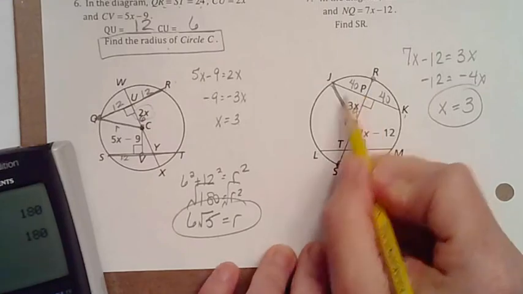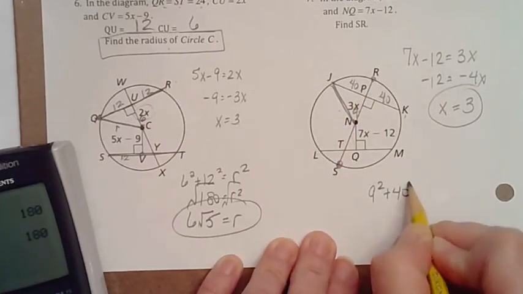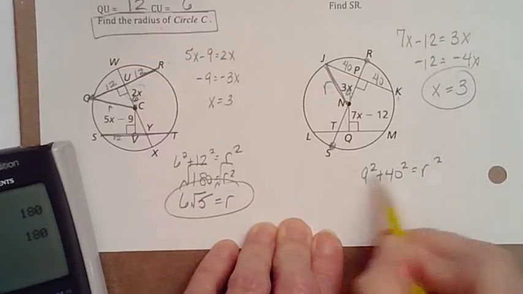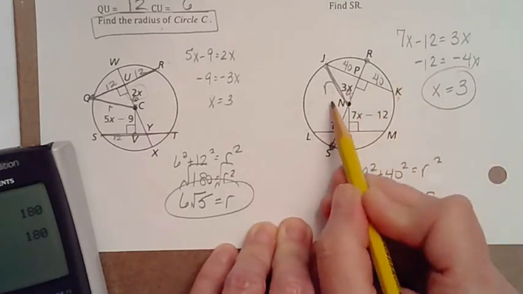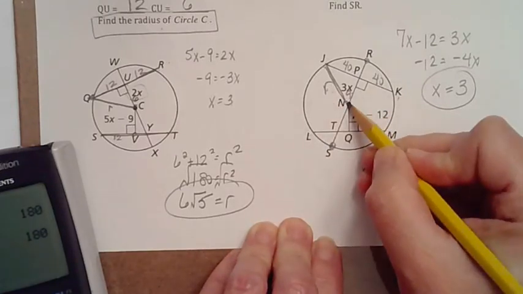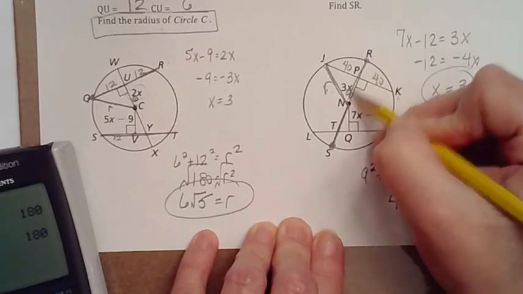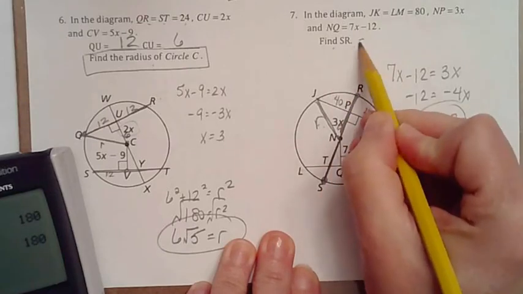And this is, it's a triple for anybody who remembers, but that's 9 squared plus 40 squared is equal to your R squared. You go ahead and do this, and it's going to be 41 is equal to R. So since your radius is 41, this piece is 41. This piece is 41. SR is 80